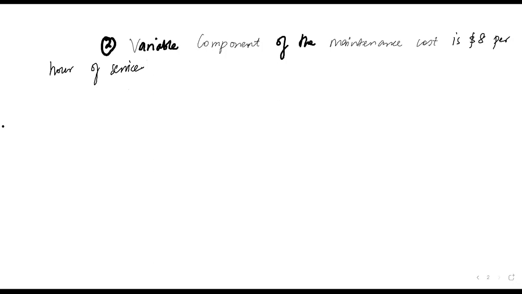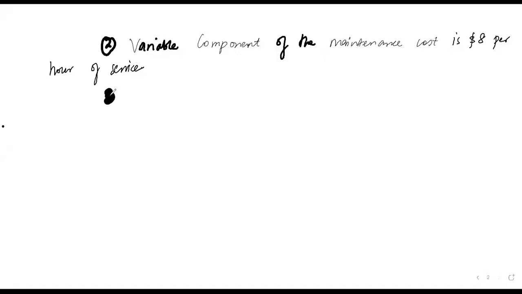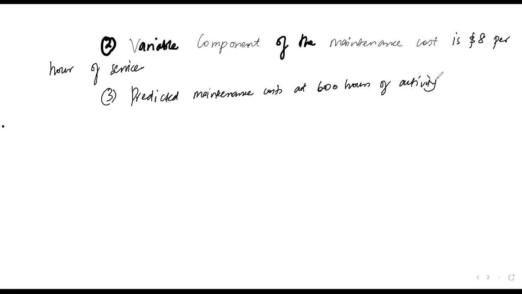Then the other part is to do what? Predicted maintenance cost at 600 hours of activity. You just need to substitute in the equation. So this is predicted maintenance costs at 600 hours of activity. So if you have to compute this, we say maintenance costs